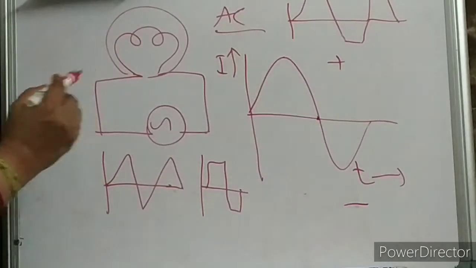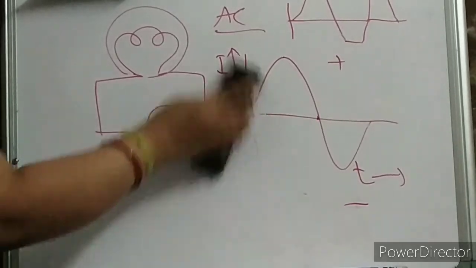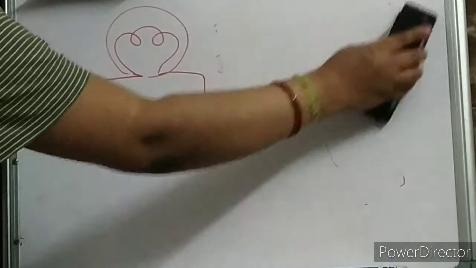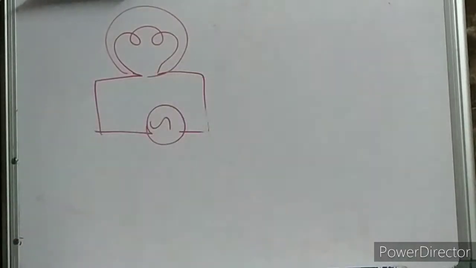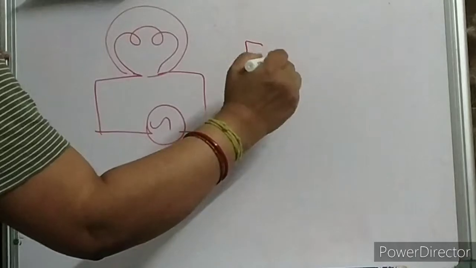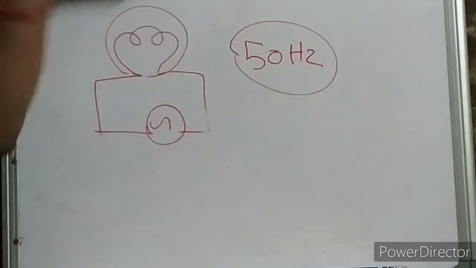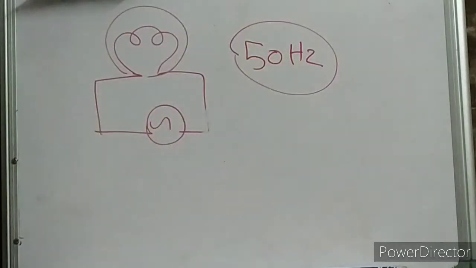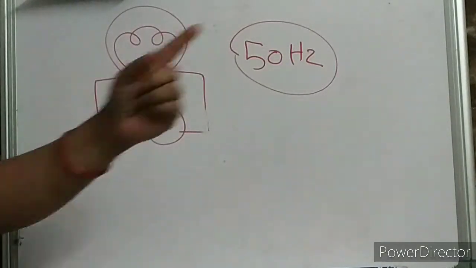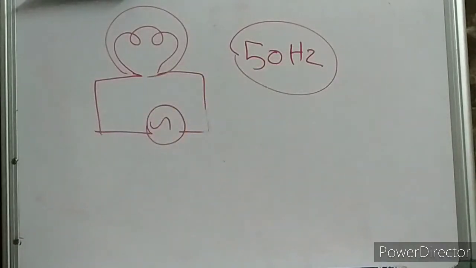In India, our domestic home supply, that is your AC supply, children. The supply frequency, do you know what it is? It is 50 Hertz. So what does it mean, children? 220 volt 50 Hertz supply. What is this 50 Hertz? Hertz is the unit of frequency, named after the scientist Hertz. What does 50 Hertz mean? That means in 1 second 50 cycles are passing.